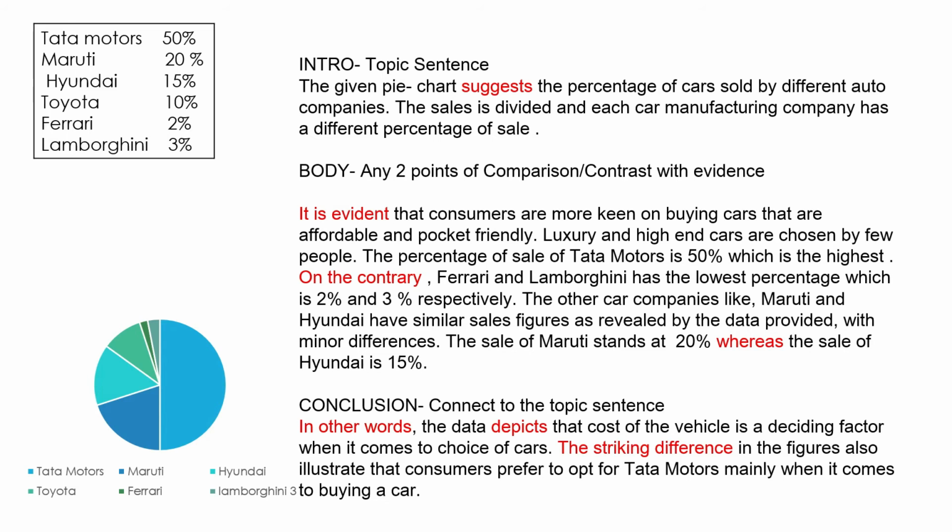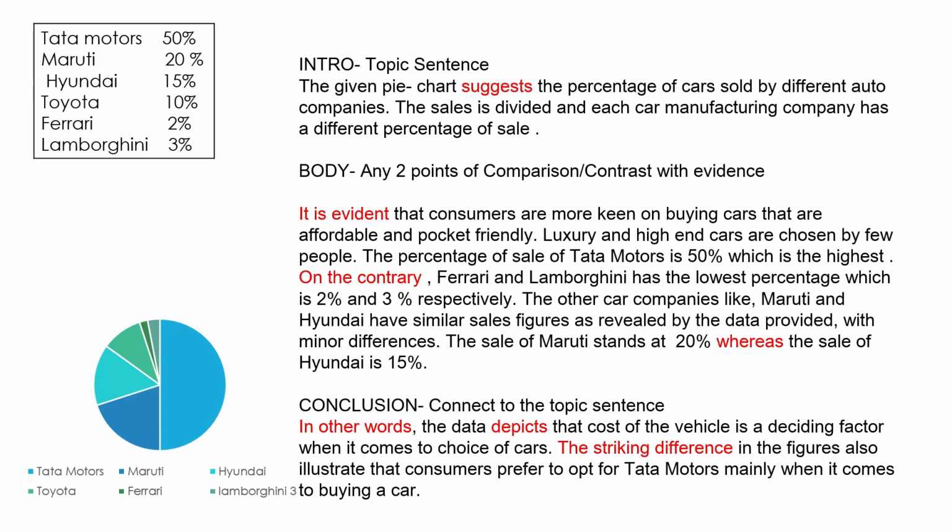Now the conclusion. What do we have to write here? We need to connect it to the topic sentence. Remember what is our topic sentence? Our topic sentence was that this is the chart which is suggesting the percentage of cars sold by different auto companies. And in the conclusion also, I would again connect it to this and I would say, in other words,